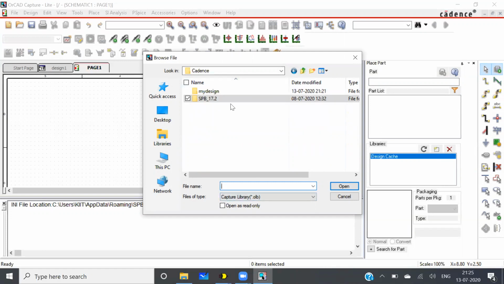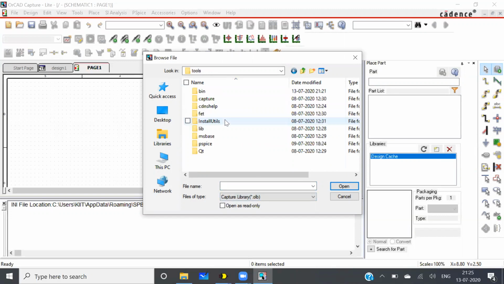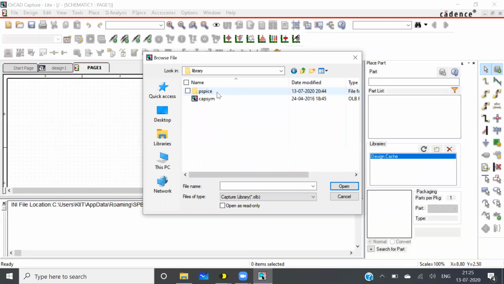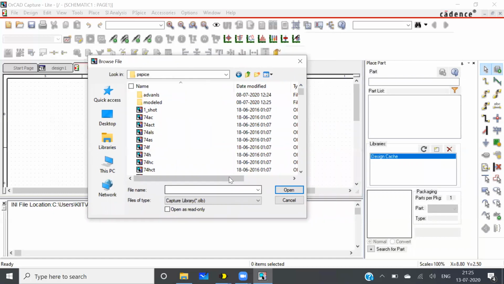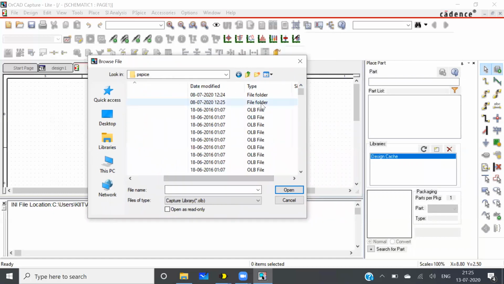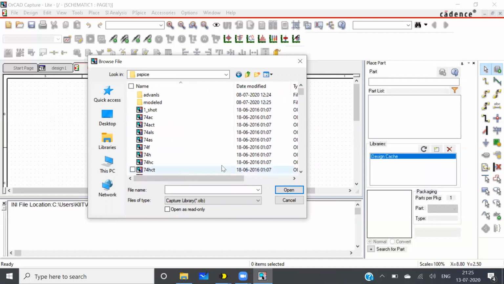So what we need to do, select on this, then go to tools, then capture, then library, then PSpice. So now you can see here different libraries are available. The file extension for these library files is .olb. So all these are .olb files.